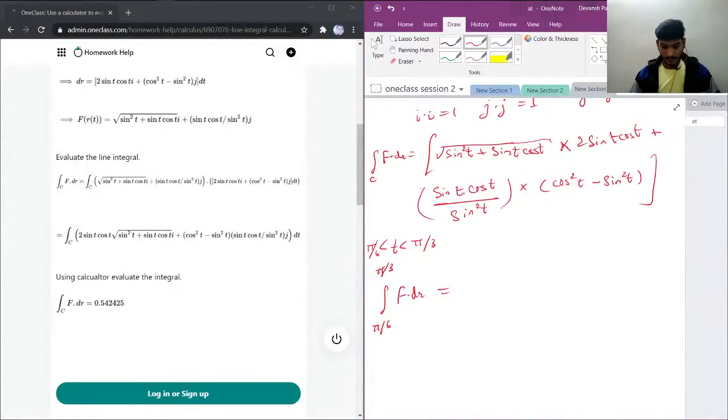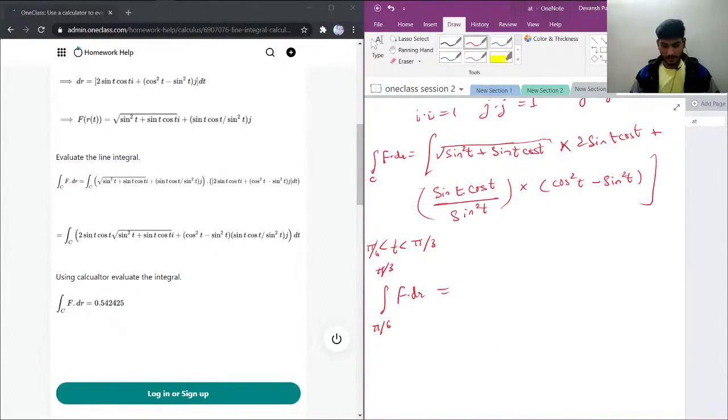Then we have plus, and in another bracket this will become cosine over sine, cos x over sine x, which is cotangent of x, and this will be multiplied with